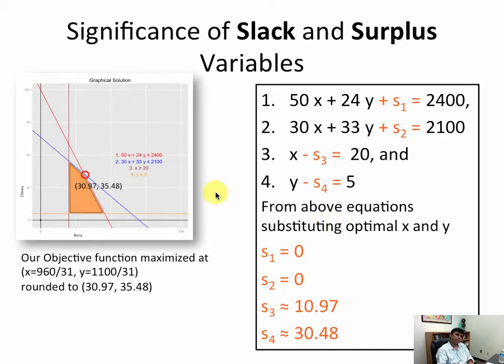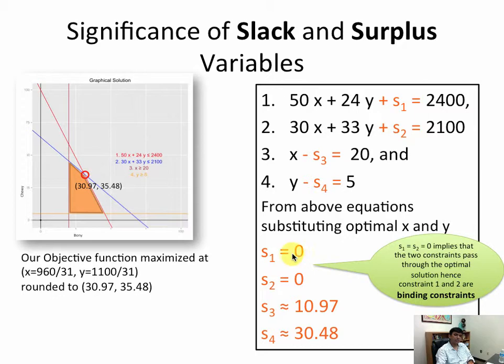If you look at this graph, our optimal solution falls at this point, x is equal to 30.97 and y equals 35.48. And we also note that constraint number 2 and constraint number 1 are passing through the optimal solution. Our s1 and s2 are the slack variables for constraint 1 and 2, and their final values are 0 and 0. So anytime we have the value of a slack or surplus variable as 0, that means that the constraint to which that variable belongs passes through the optimal solution,